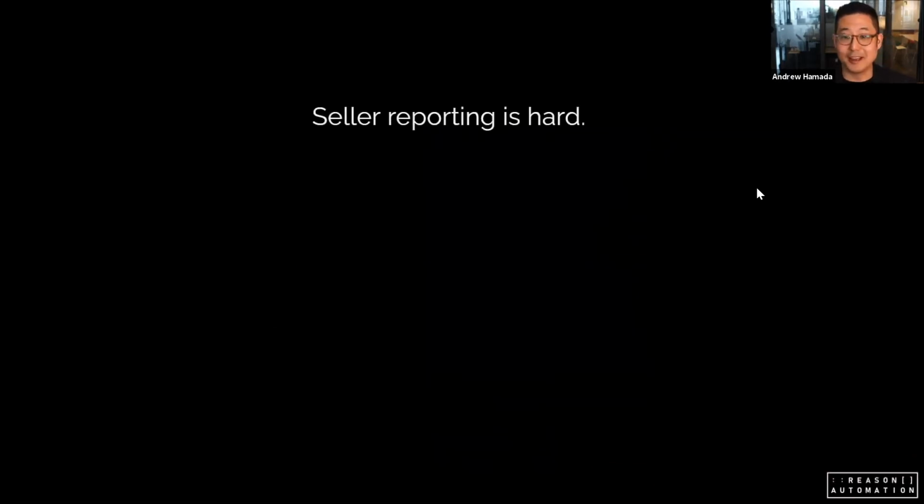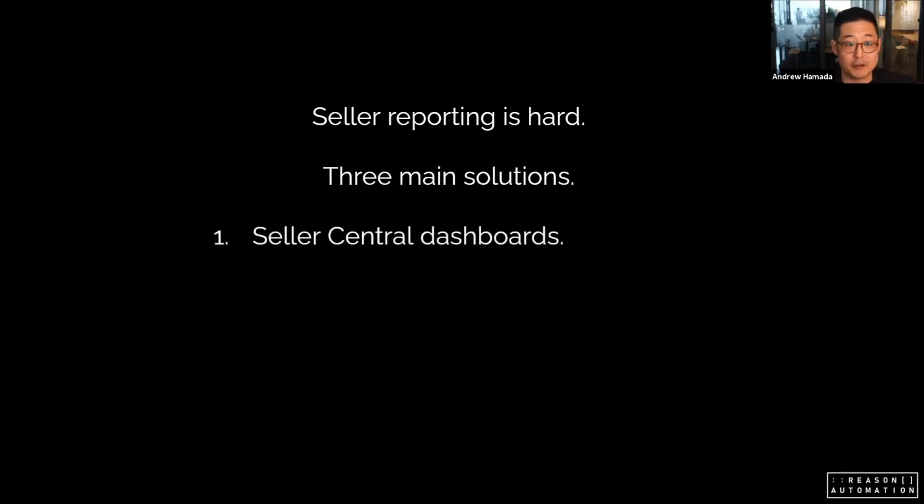All right, so at a high level, we all know seller reporting is hard. It feels like it should be easy. If you're ex-Amazon like we are, it feels like it should be as easy as writing a SQL query, getting the data out of a database and into whatever tool that you're using, and yet that's absolutely not how it works. We found that although there are many, many different ways that folks try to solve this, they fall into three main buckets. One, either you're using the default Seller Central reports that come out of Amazon's platforms,